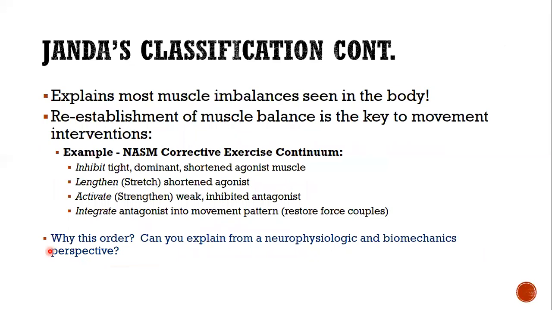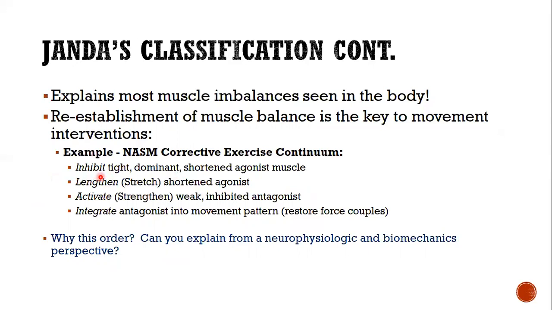So Janda's classification explains most muscle imbalances seen in the body, and the goal is to reestablish muscle balance by doing a few key things. And this is what the NASM corrective exercise continuum is built on. I'll say it again: inhibit these tight, dominant, overactive, shortened agonists, and then lengthen them. So first inhibit them. When I say inhibit,